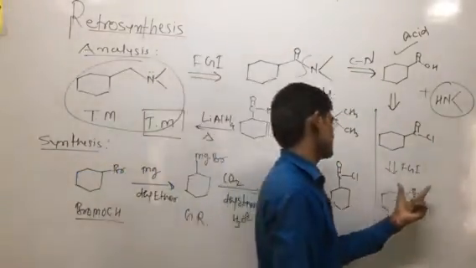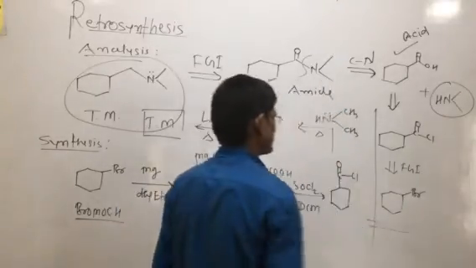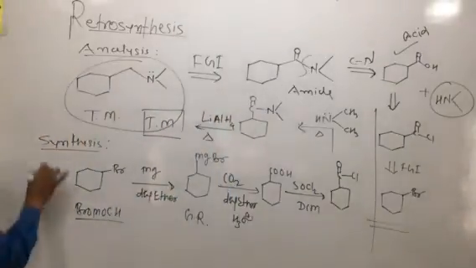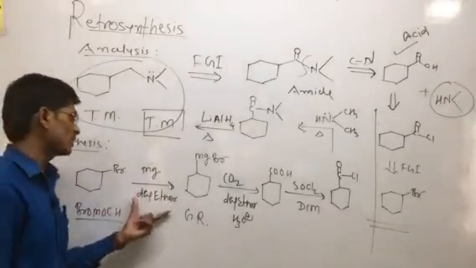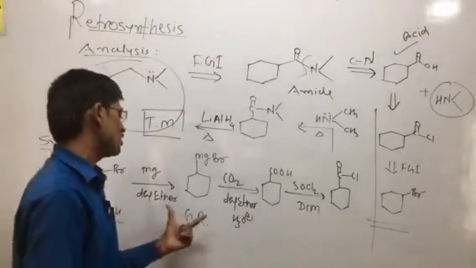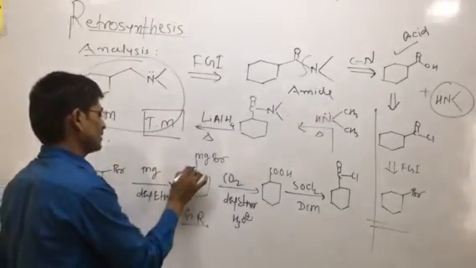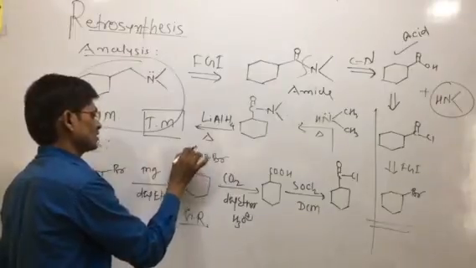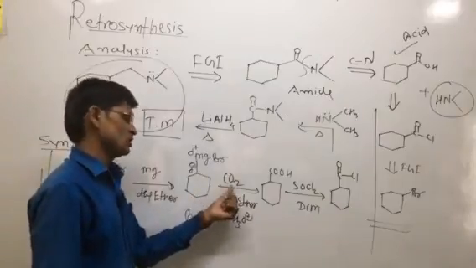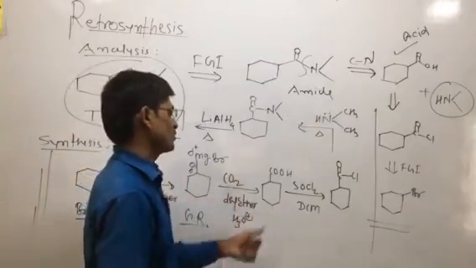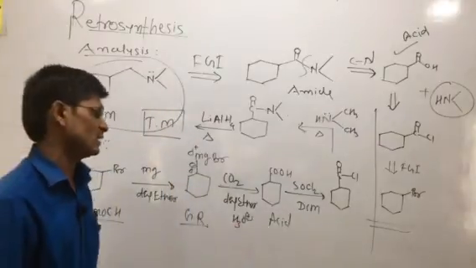So this acid halide, by FGI, converts into cyclohexyl bromide, which is called bromocyclohexane. As the starting reactant in the synthesis, we take bromocyclohexane and react it with magnesium metal in the presence of diethyl ether as the organic solvent, forming the Grignard reagent, cyclohexyl magnesium bromide. This carbon acts as nucleophilic in nature, and this magnesium acts as electrophilic in nature. If it reacts with carbon dioxide, this is a nucleophilic addition reaction on the carbon-hetero multiple bond, then the acid is formed.